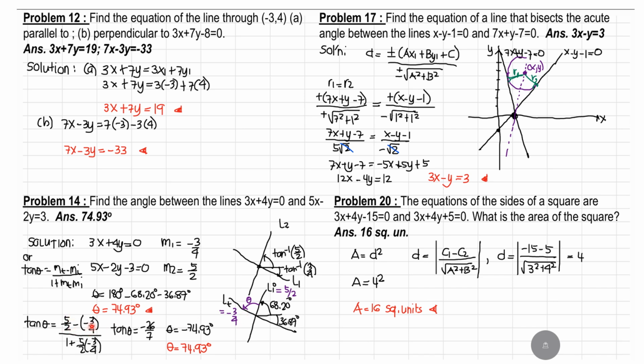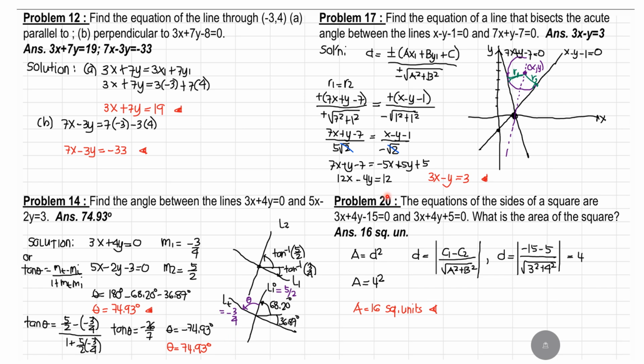So 5/2 minus negative 3/4 over 1 plus 5/2 times negative 3/4. Tangent theta is negative 26 over 7. But the calculator cannot detect that it is this acute angle. We are just given that it is negative. So it means that when you use your calculator, it will give us a negative value also because it is treated clockwise. So negative 74.93 degrees, but we'll make that positive